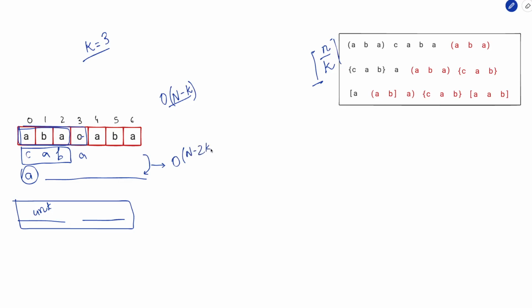In the same fashion you will keep on going until you have exhausted the entire string. If you take this k as a constant, you are doing n into n by k number of operations. So these many operations you are doing to exhaust the entire string, until you don't find anything that you leave untouched, and hence the number of operations will be ceil of n by k. So this is the brute force solution, and complexity is order n square by k,